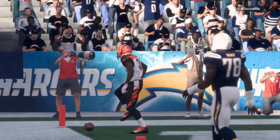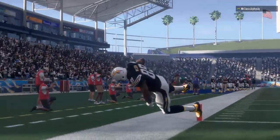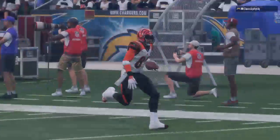So for the Bengals, it's a fantastic start as they roll to a blowout victory here in the season opener. And they'll return home